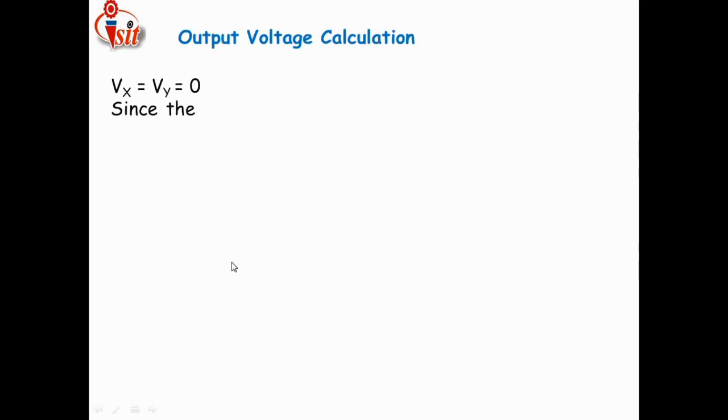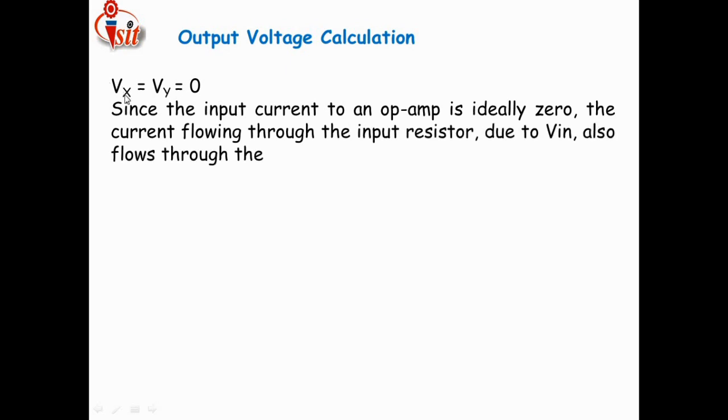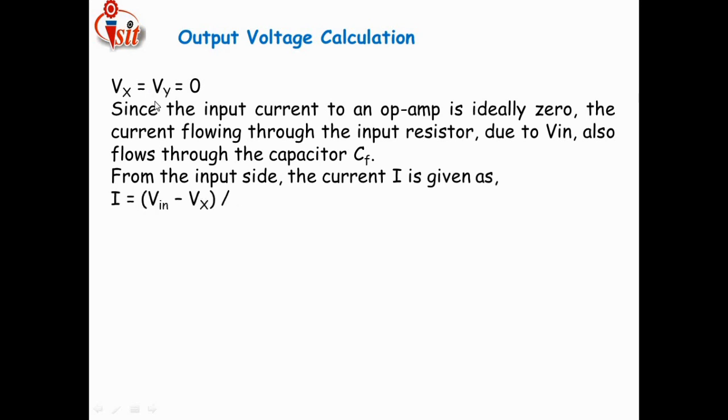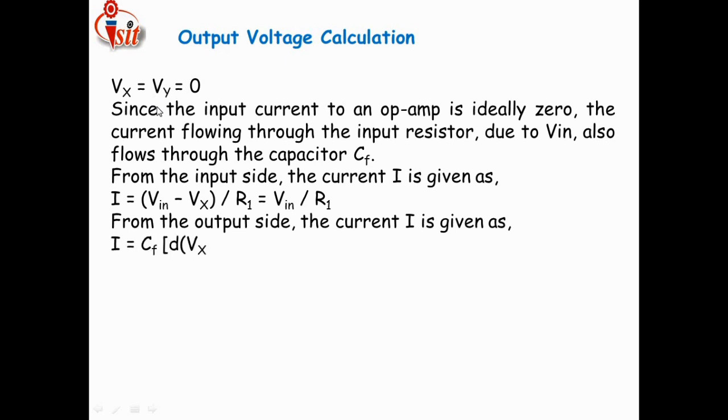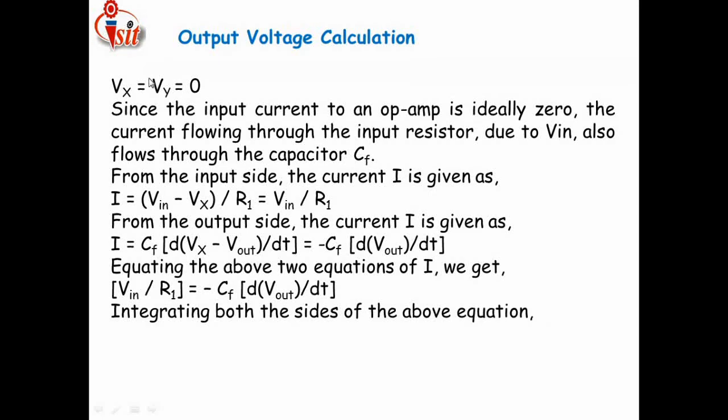Then about the output voltage calculation. Along with this, we see that the input voltage at node X and the input voltage at node Y are both related to this: one is related to the virtual ground concept, and one is directly connected to ground. For that reason, the input voltage applied to this circuit is equal to 0. Since the input current to the op amp is ideally 0, the applied voltage is 0. According to this, what about the current? The current is also 0. The current flowing through the input resistance due to V also flows through the capacitor